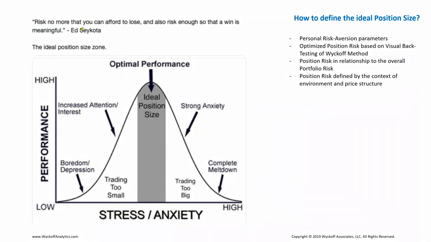This chart is kind of like showing, and I borrowed this, I thought it was from Ed Seykota, now I'm thinking it's probably not from Ed. So basically your optimal spot, not just on the performance, but in terms of the size in itself, is going to be that bell curve